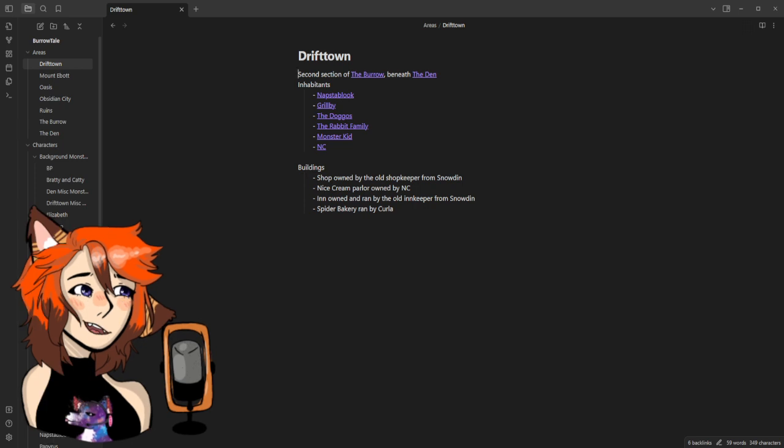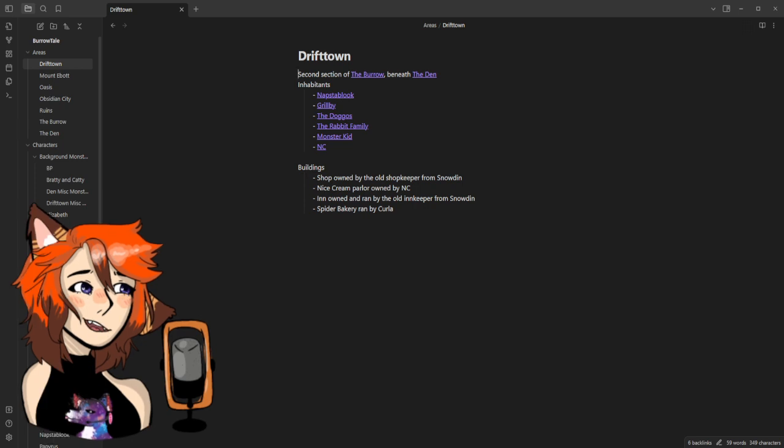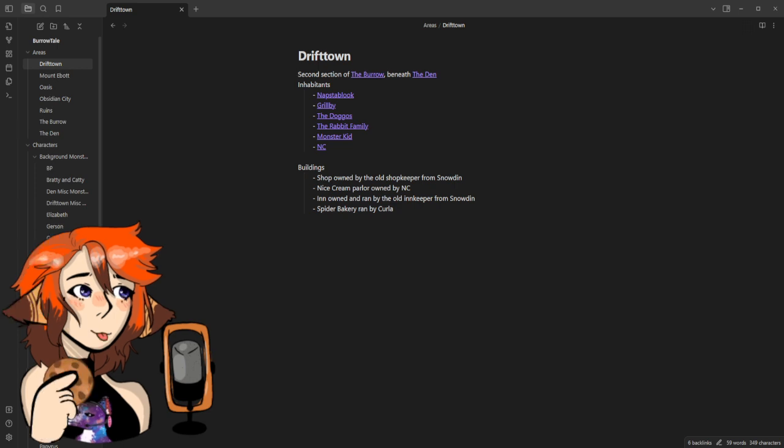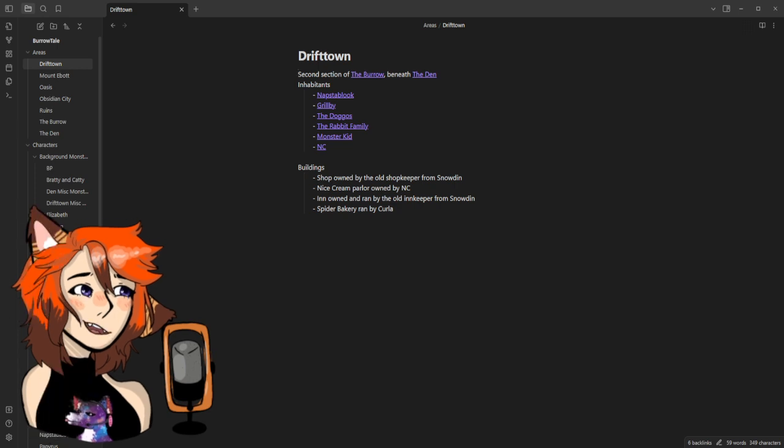The one in Drifttown is run by the old innkeeper from Snowden. The one in Obsidian City is run by the receptionist from the resort. And the one in Oasis is run by Shiren, because she also has